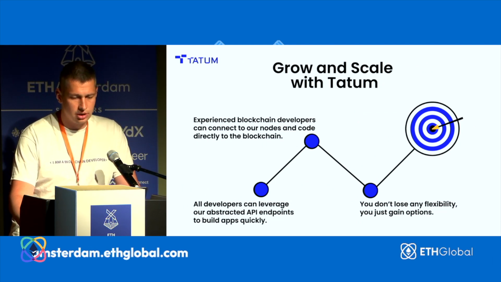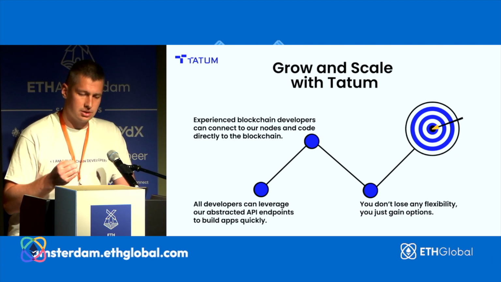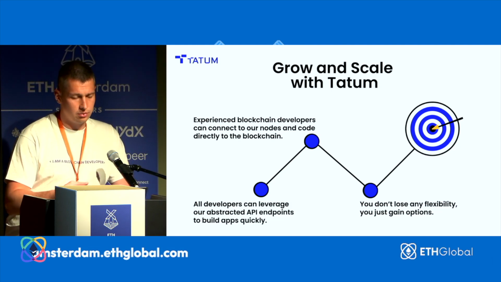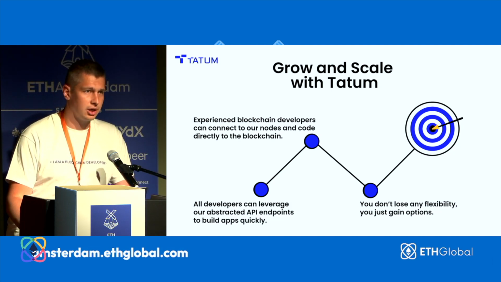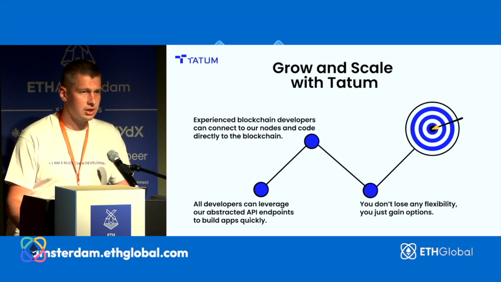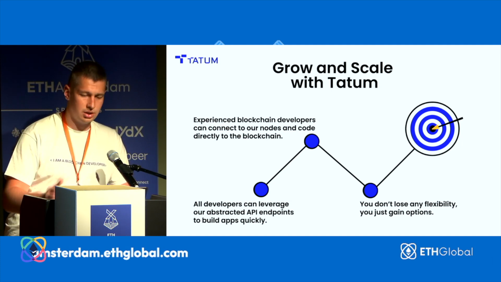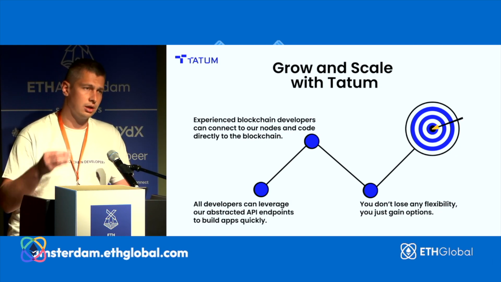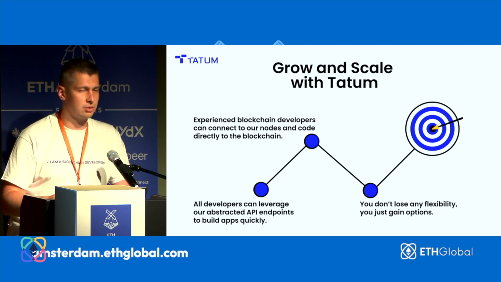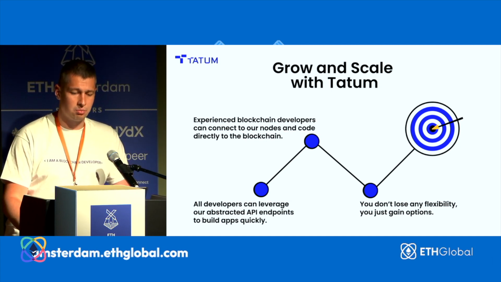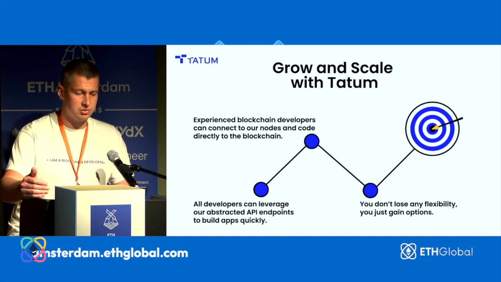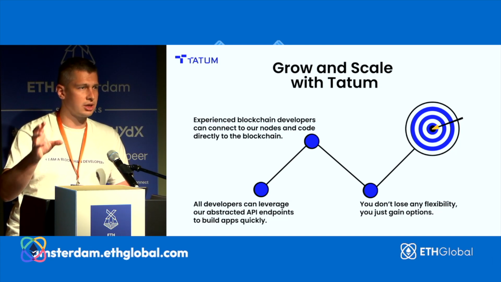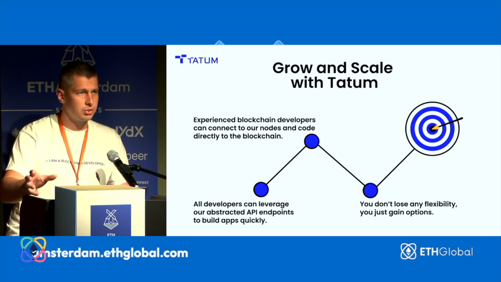What's the development process of building an app inside Tatum? You as the developer will start with playing around with the APIs. You obviously have an idea what you want to build. You will take a look: okay, I'm going to build, let's say, an NFT marketplace. What do I need to do that? I need an NFT contract. I need some wallets. I need some APIs. But you find out, okay, Tatum gives me, let's say, 90% of these ready-to-go features, but I need like 10% of some custom RPC call or some custom operations you need to do on a